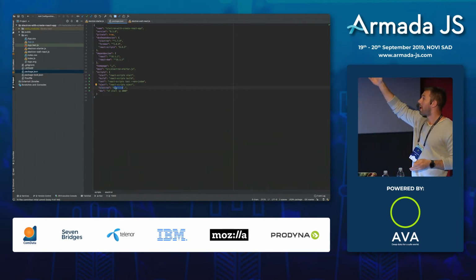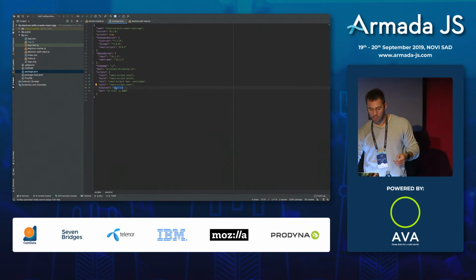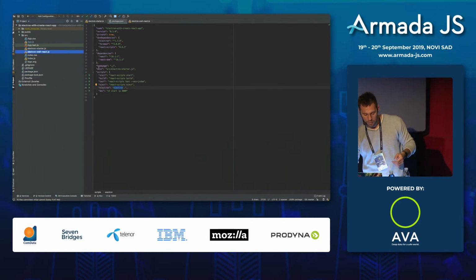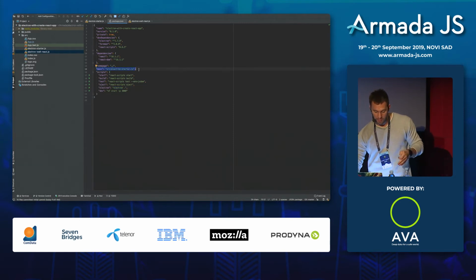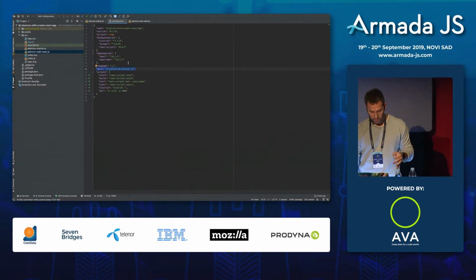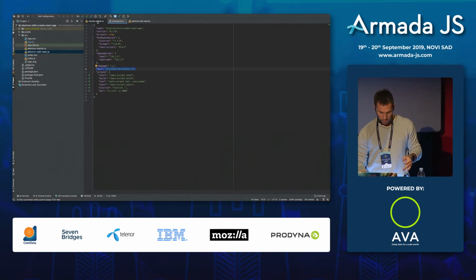When we run the command start Electron, the Electron library is going to call this Electron starter. We said that here: when you run start Electron, the first thing you're going to do is execute this. And when we start executing this file